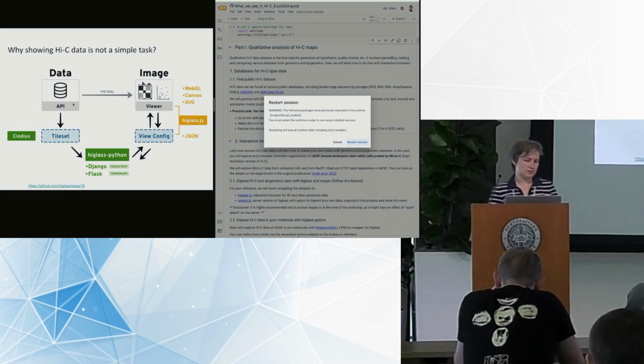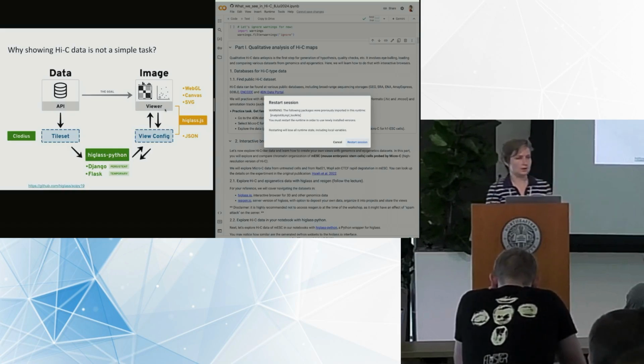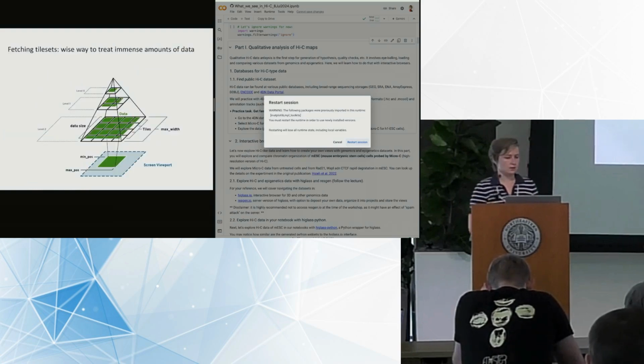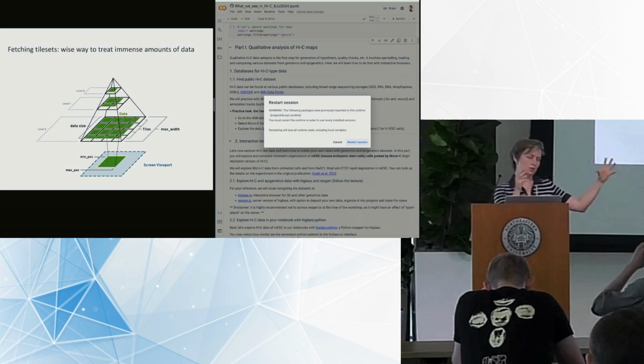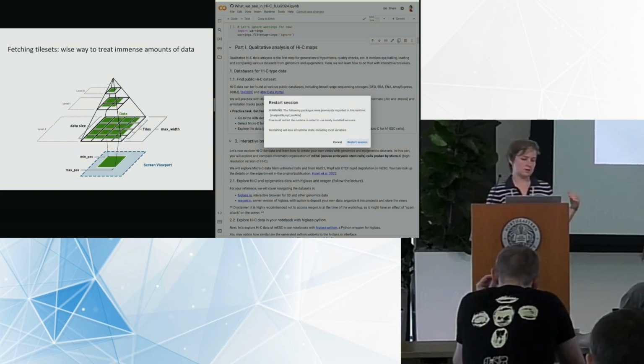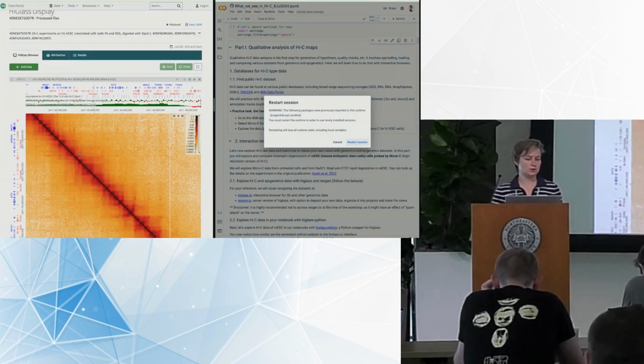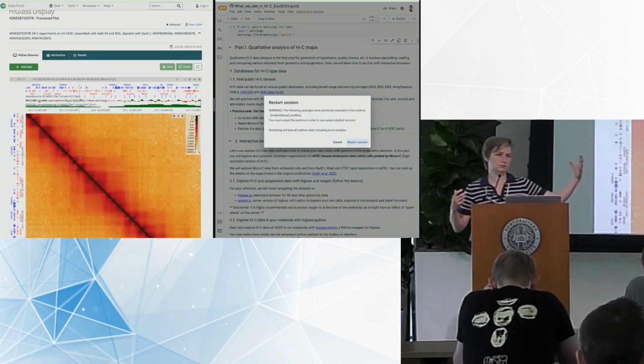So the problem is that you need to go through this immense data through a bunch of software and get a small piece of your data set that you would like to show and would like to see and inspect. And that task is resolved by one trick where you need to fetch only parts of the data. So you fetch the tile set, part of the whole Hi-C matrix, and you do that at multiple levels of hierarchy. Because, as we saw, we can look at the whole chromosomal level, but we can zoom in and zoom out to different scales of